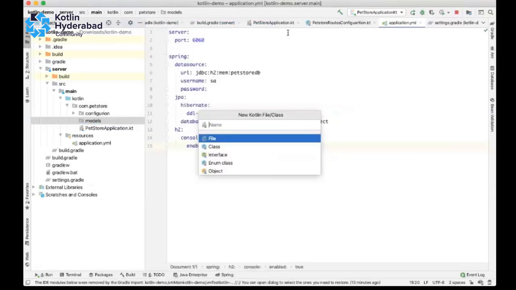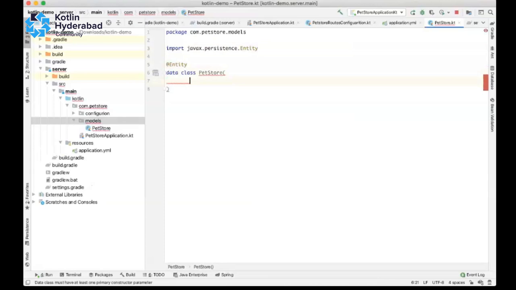In class H2. So we have data classes in Kotlin to create POJO classes, where it will give us getters, setters, toString, all these things automatically. So I'm going to use the same data class concept, and we can annotate it with the entity.